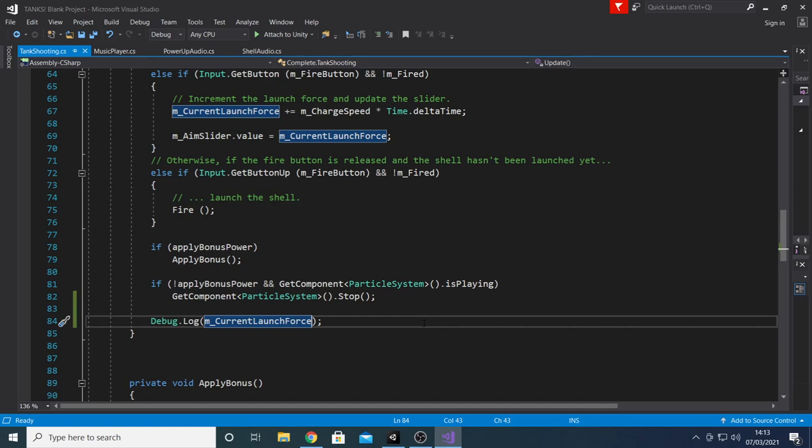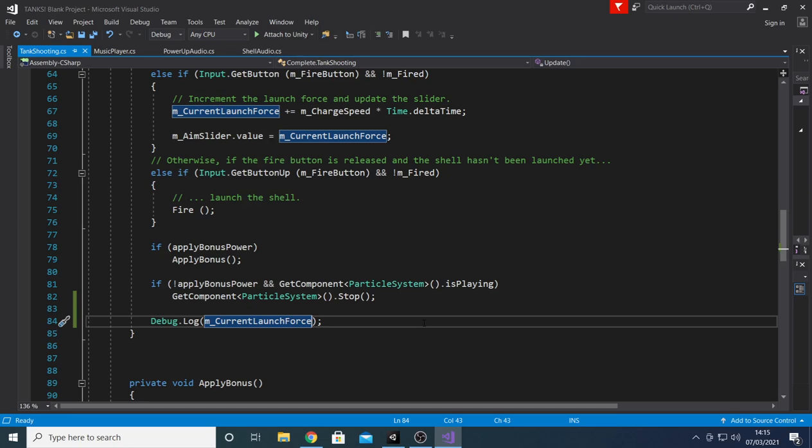Because of this, it is a little bit difficult for us to see inside the console tab exactly when our variable is changing values. So there's two quick ways we can limit the amount of times the log function is called as well as when. One option would be to limit the update function to only call log if a particular condition is met